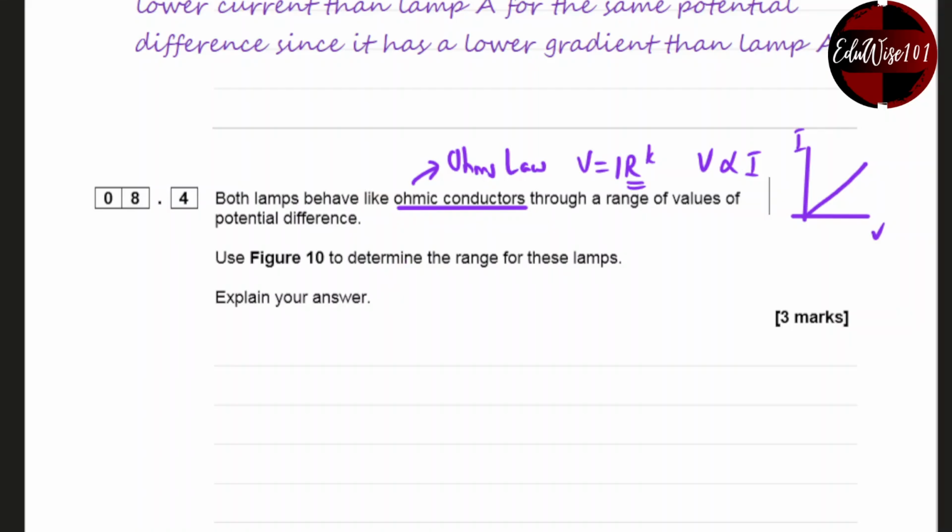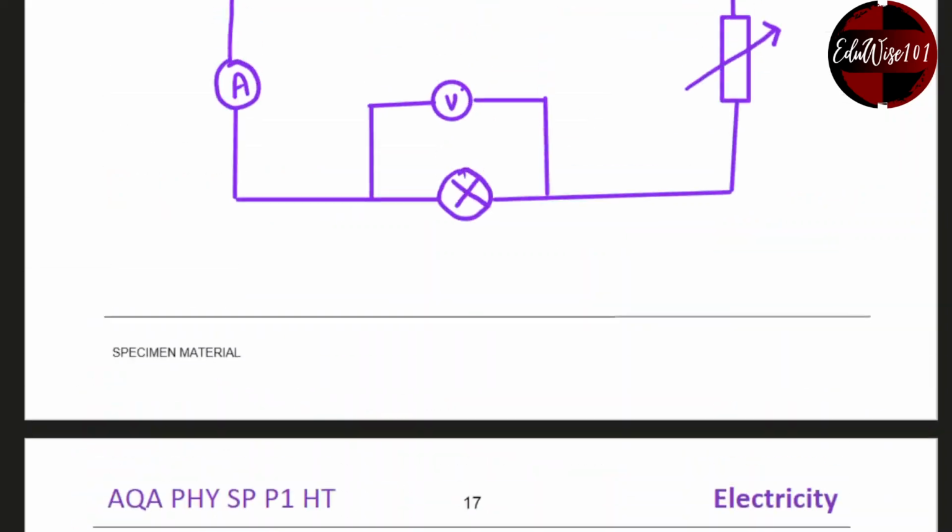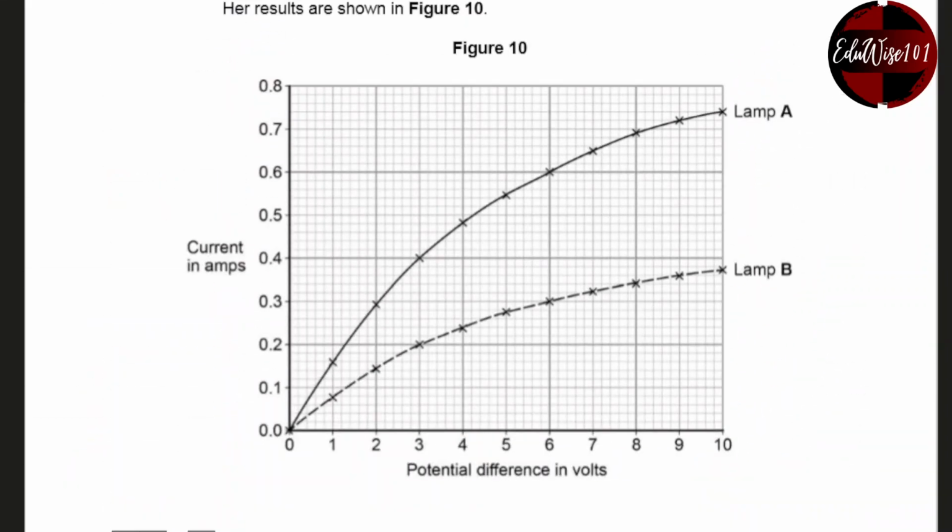Let's have a look at the graph again. As you can see, it's more or less a straight line only for a couple of parts. So if I was to draw a straight line, let's see if I can draw that properly. Redrawing it, if you use a ruler to draw a straight line,